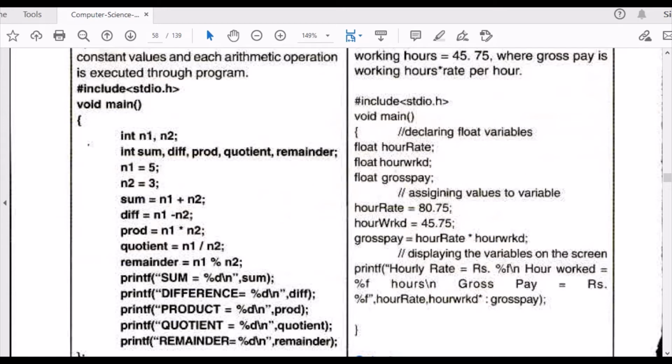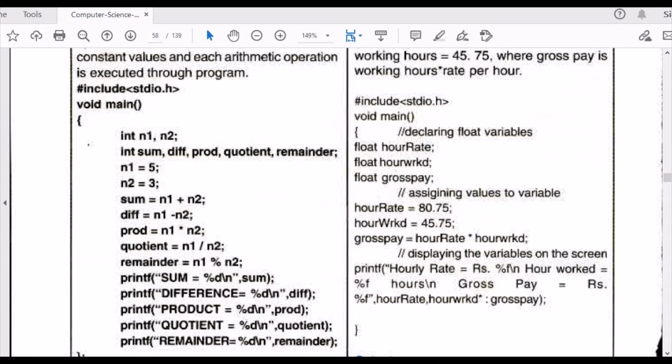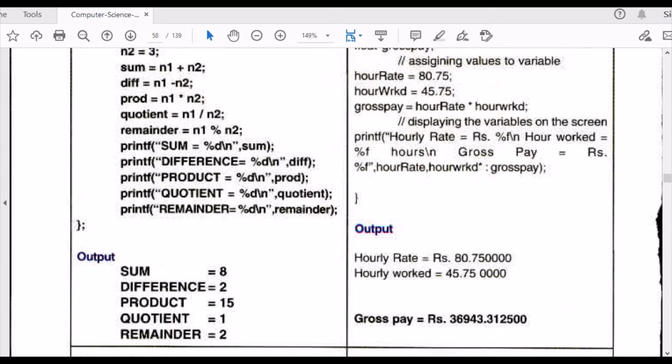A basic example: if you want to calculate the pay scale or salary of a person, just simply calculate hours into rate of work per hour. Number of hours worked into rate. Logic. This is where C language came in handy. In those times, a user can input a value and the result will be shown automatically. In a small program it was simple, but it was usual on a larger scale.